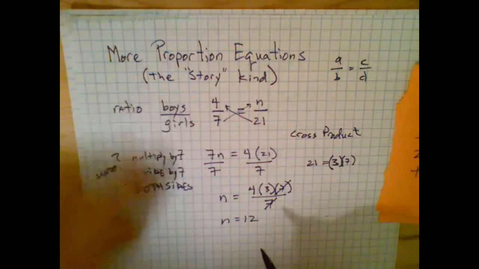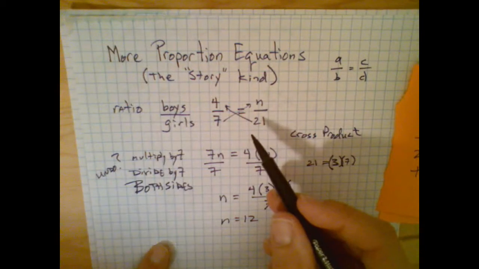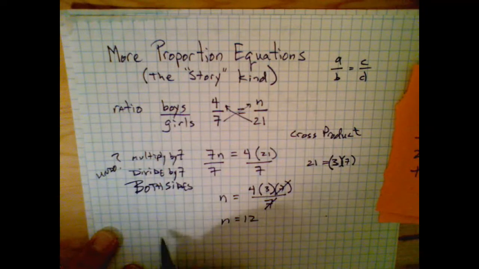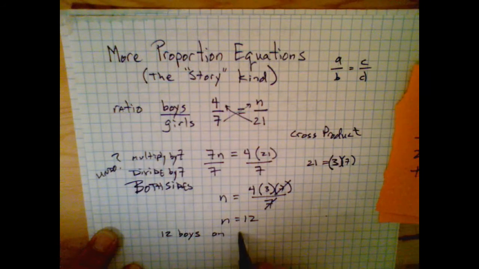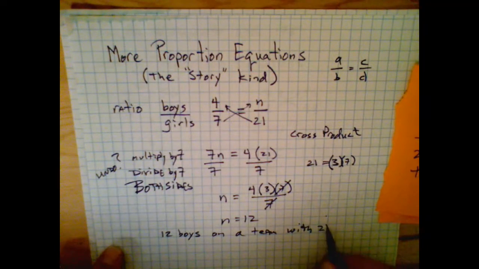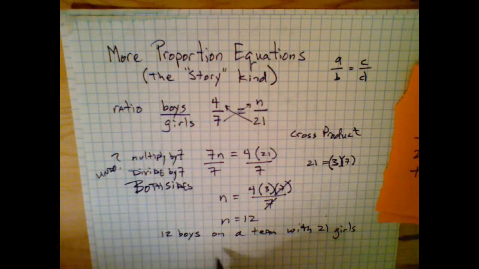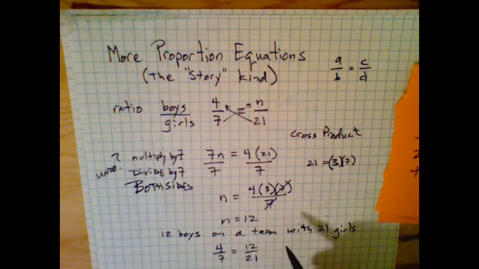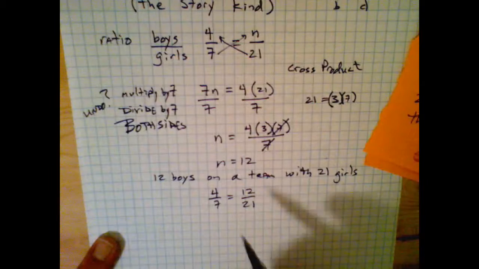So that means, now I'm going to put it back in my story, there's going to be 12 boys on a team with 21 girls. And this will maintain the ratio, or the proportion, of 4 sevenths is equal to 12 twenty-firsts. And just using some mental math, we can see that